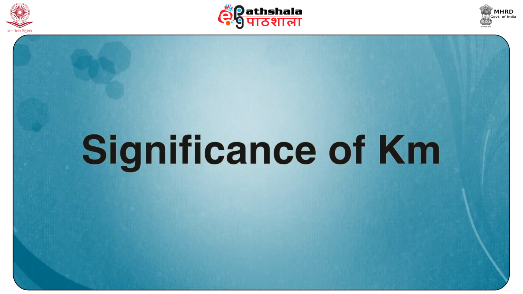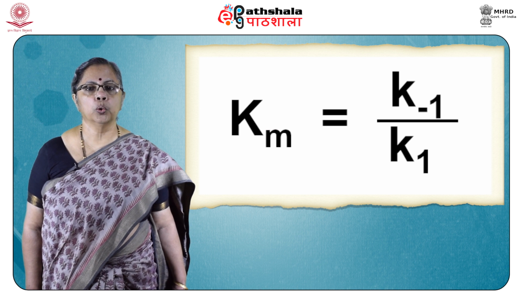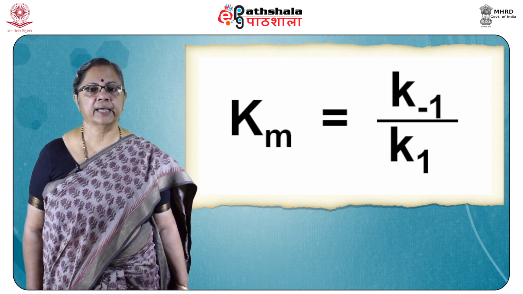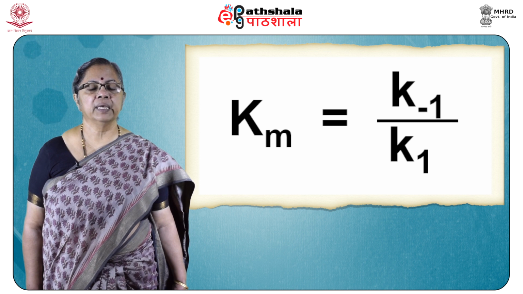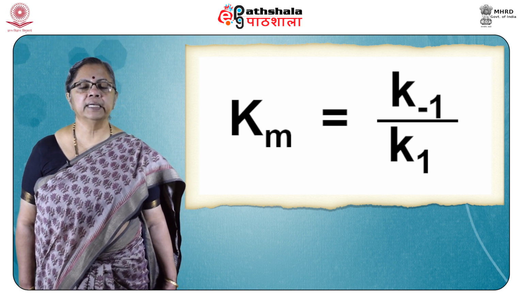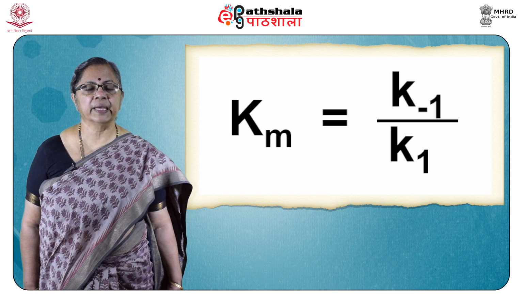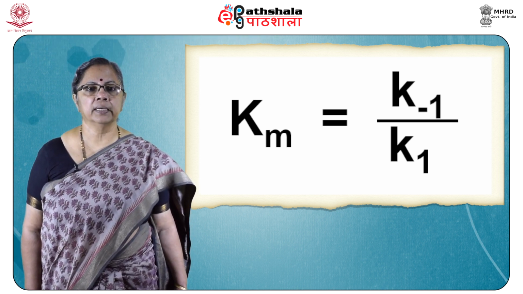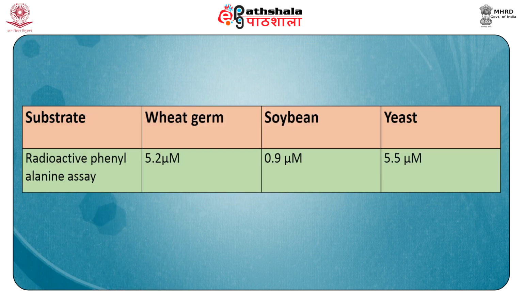Let us look at the significance of Km. Under conditions where K2 is low, or in the initial part of the reaction, Km becomes approximately equal to K minus 1 divided by K1, or the dissociation constant of the Es complex. In other words, if Km is high, the affinity of the enzyme is low, and vice versa. Hence, the same enzyme from different sources can be compared on their substrate binding affinities, as is observed in the